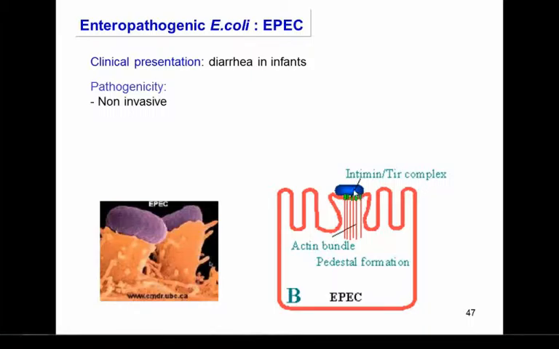Then it's going to, and this attachment causes reorganization of, no, okay, that's not exactly, it's not strictly speaking the attachment. Then this bacterium is going to inject bacterial proteins into the enterocyte, which cause rearrangement of the actin filaments. So you get something that looks like this. And the overall effect of that is